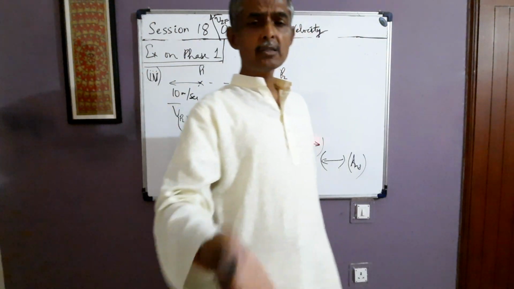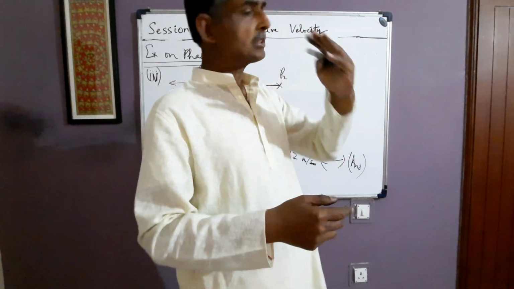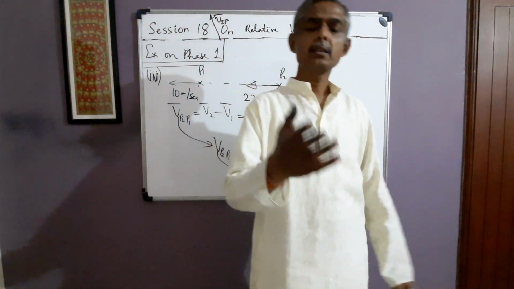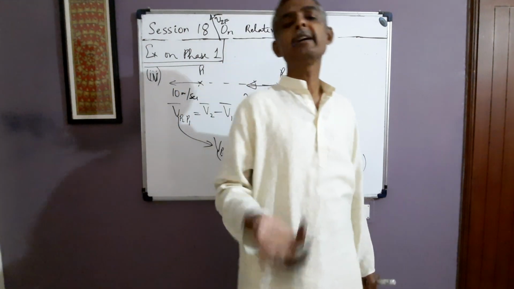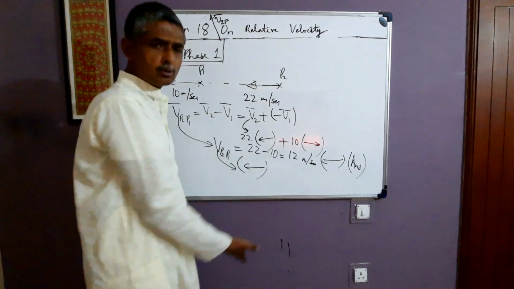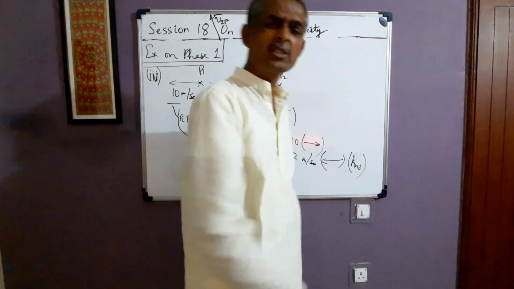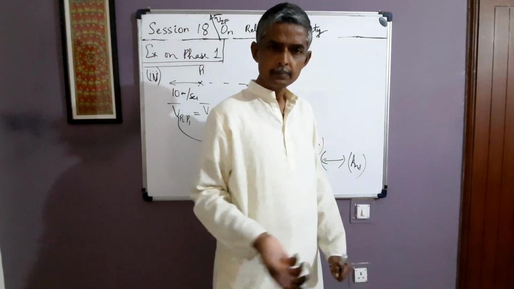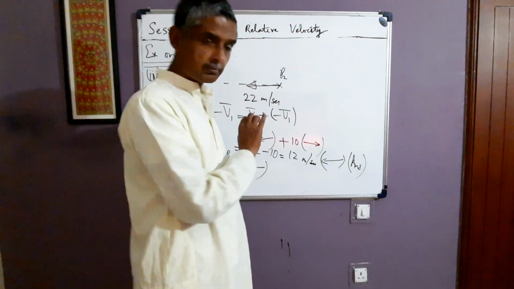Even in JEE Advanced 2022, they asked a problem on a moving concave mirror. The concave mirror was moving with some velocity, the source was moving at some velocity, and the image was found to be at rest with respect to ground. The problem was to find the velocity of the mirror with respect to ground. Again, all these concepts will be useful. It is based entirely on this concept. If these concepts are clear, just go and solve it. It will take perhaps 15-20 seconds. So these concepts are extremely important, and you must know them thoroughly.